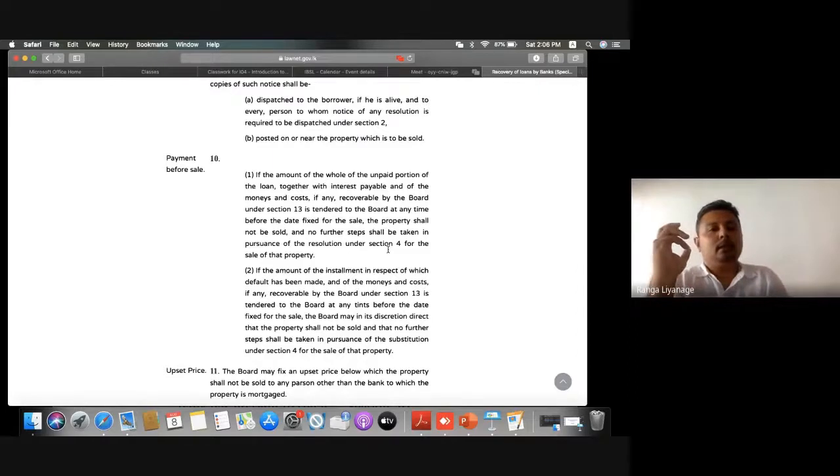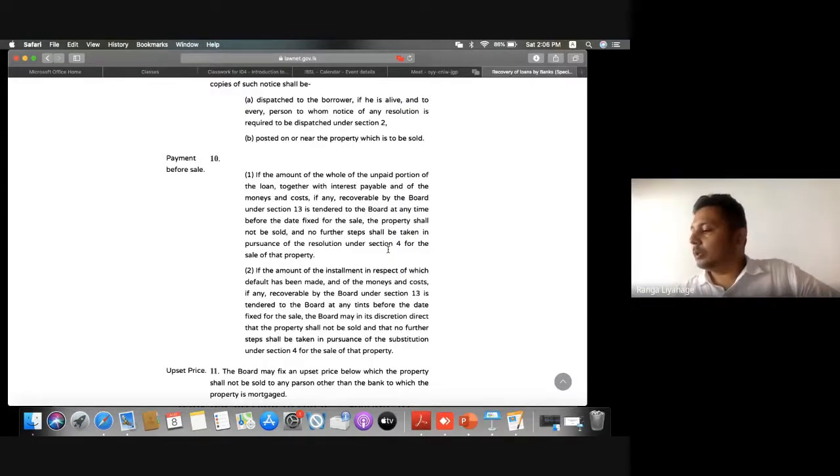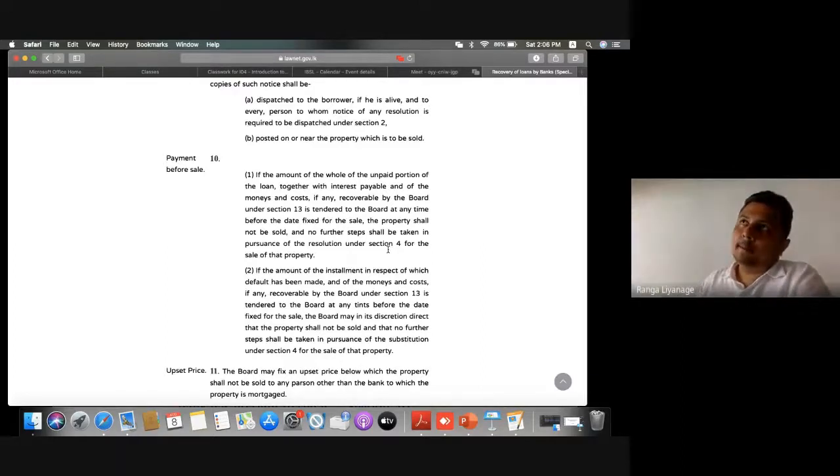Now, here, this is what it says. Assuming there is a loan of 10 lakhs and the borrower has already paid 3 lakhs, and his installment is, let's say, 50,000. Monthly installment is 50,000. Capital outstanding to be paid is 7 lakhs. He defaulted on this 50,000. I'm giving this straightforward example for ease of understanding. So 10 lakhs is the entire loan amount, out of which 3 lakhs have already been paid during the monthly installments, and he has defaulted on